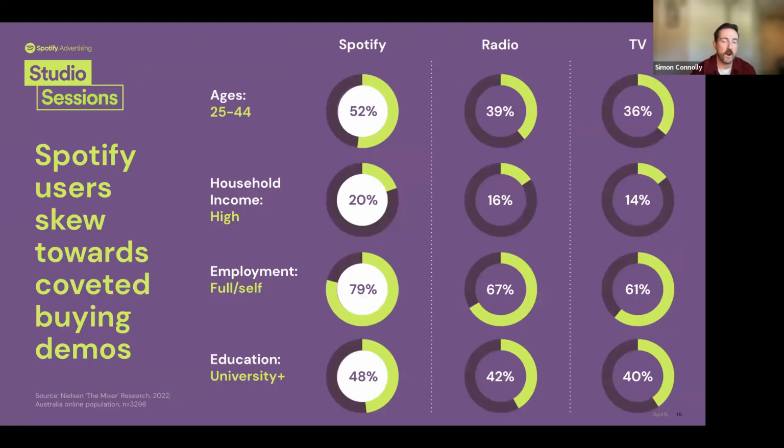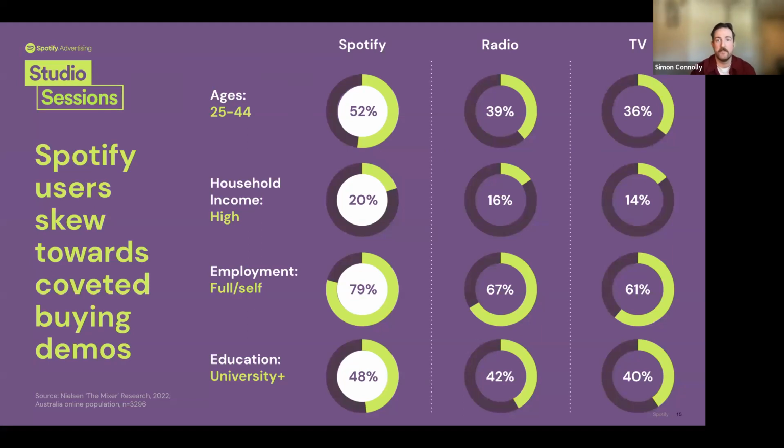Spotify engages those hard-to-reach audiences across all consumer categories. If you, like many brands out there, are looking to reach affluent, young, educated Kiwis and Aussies, Spotify is the platform to reach them. AU millennials are 33% more likely to be found on Spotify than on radio, and 44% more likely than on